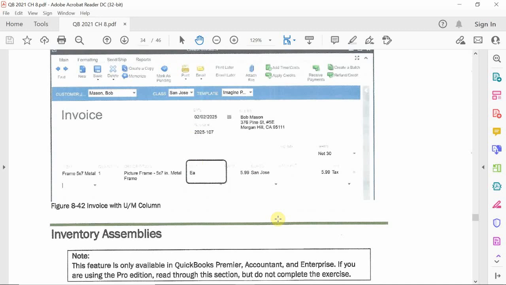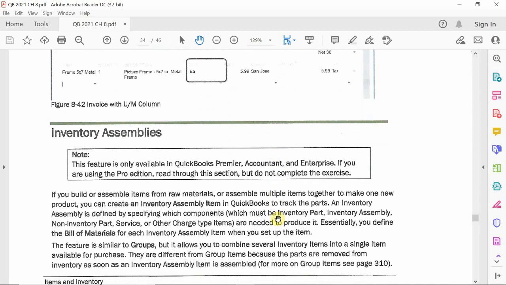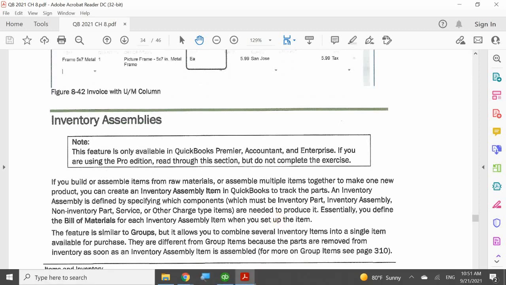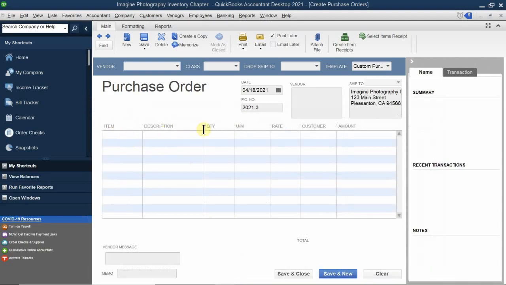All right. Any questions here in regards to units of measure? No. Okay. So once again, you could just go ahead and make a purchase order, and let's say I receive